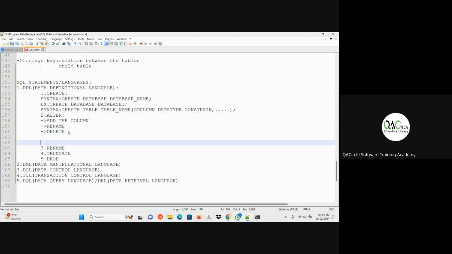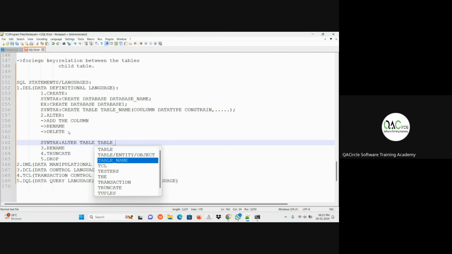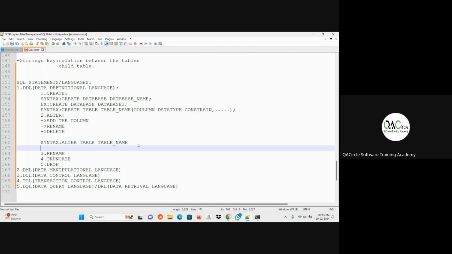Okay, let me show you the syntax. The syntax to use the alter statement is alter. Then you should mention you are altering the table. After that, you mention the table name in which you need to alter the data. After that, you are going to mention any one of these.